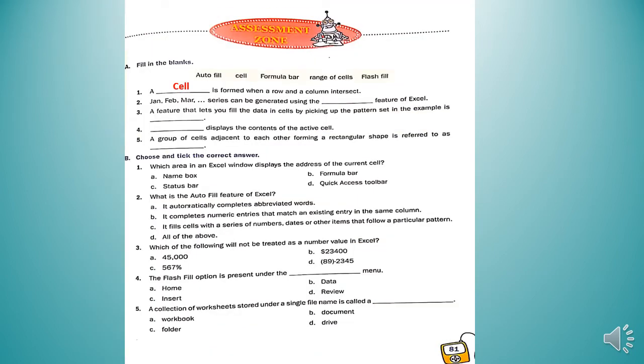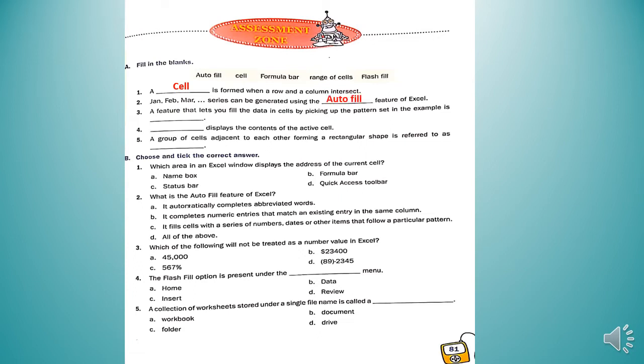Okay, now open page number 81. Here is an assessment zone for you. The first part of this assessment zone is fill in the blanks. First one is, a dash is formed when a row and a column intersect. Write here, cell. Second one is, January, February, March series can be generated using the dash feature of Excel. Autofill